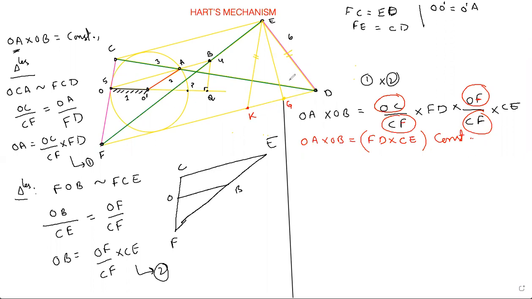Fine. So now look, what is CE? CE is equal to FK, right? Just see, it's a parallelogram. CE is equal to FK. I'll just write it down directly. And now I am going to write it in such a way that FD is equal to FG plus GD. Okay, FD is equal to FG plus GD. Can I write that?